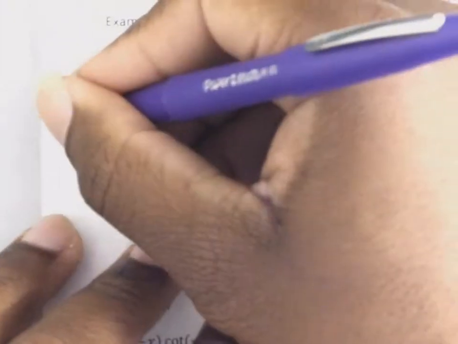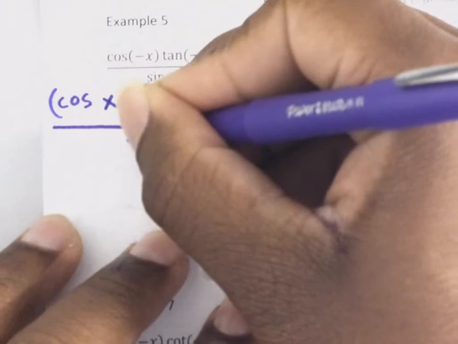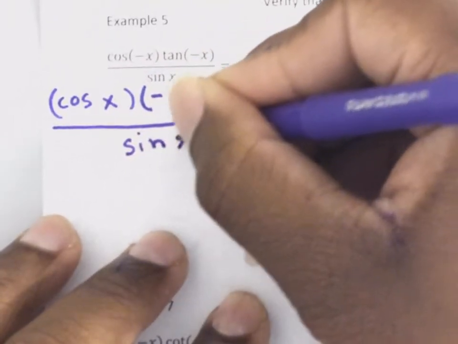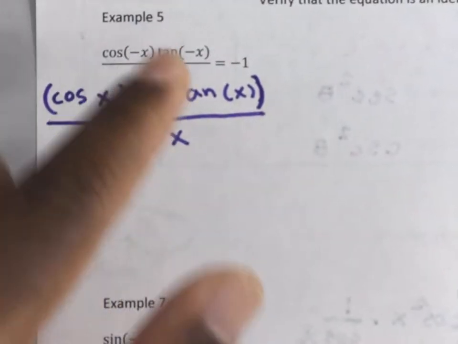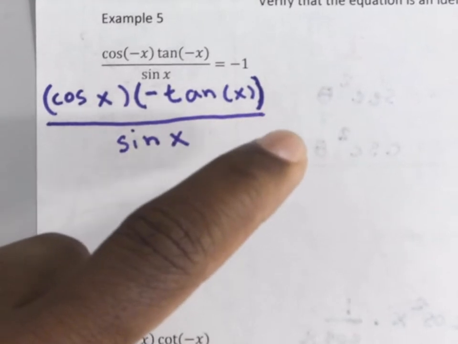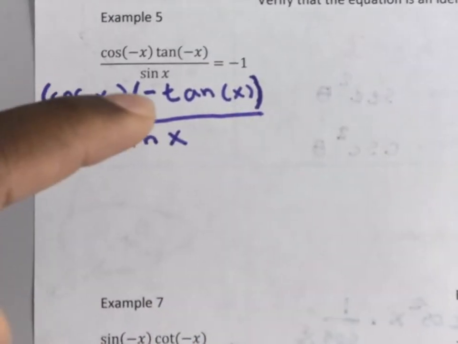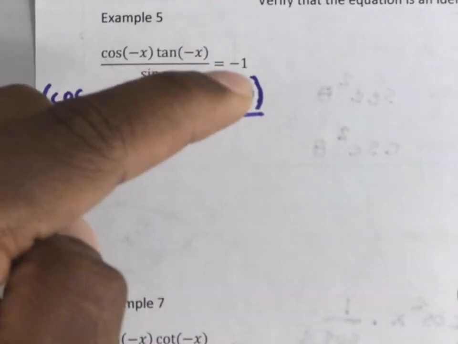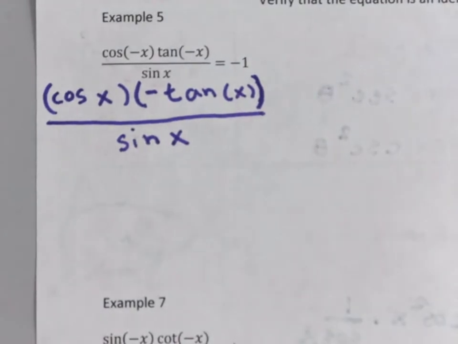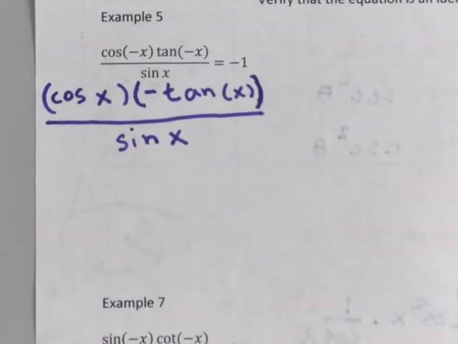Right, then I'll write what I got. It should come out to, it's divided by sine x, and then this should equal 1. I won't write this equal 1, but my goal would be to simplify this until I get it to be just negative 1. Okay, so if I look at this right now,